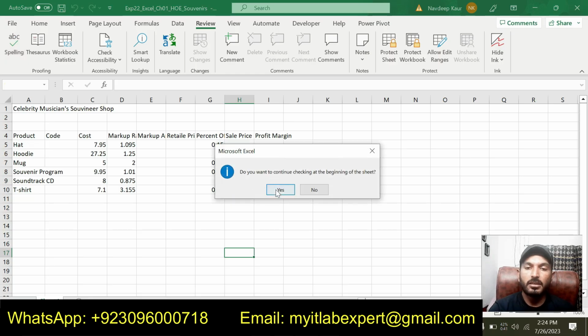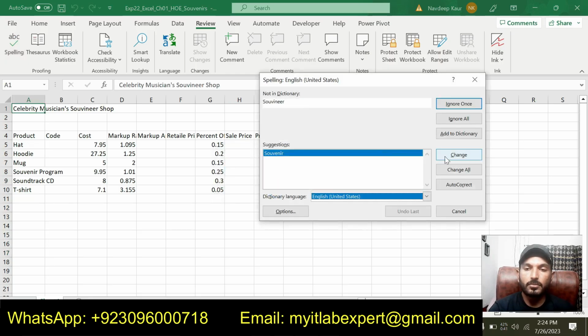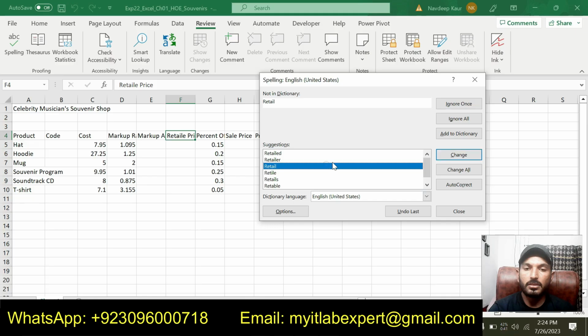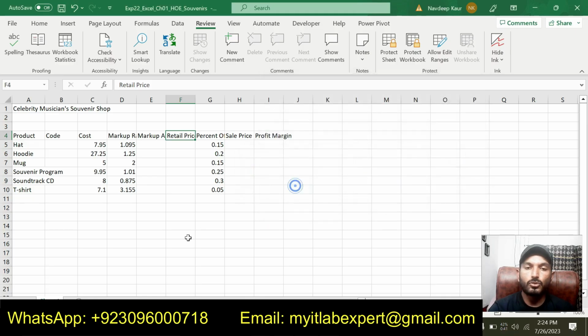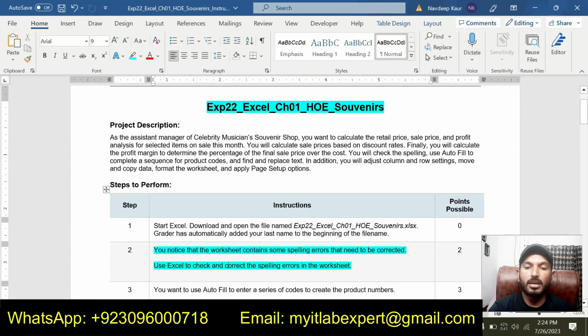Click on it and click yes. We will simply change this one, retail price. So we are done with the spell check. That is all about step number 2 where we were supposed to check the spelling in the worksheet.